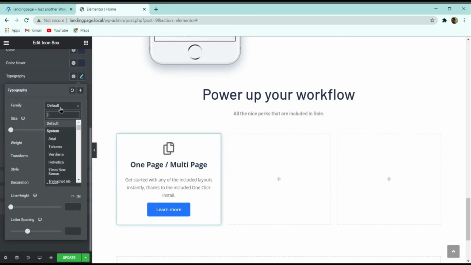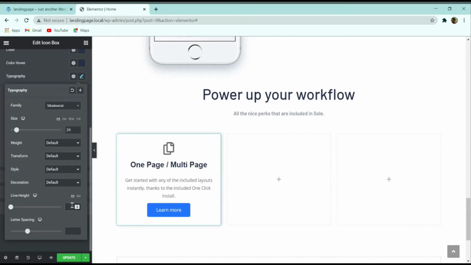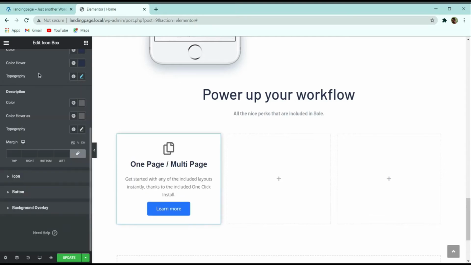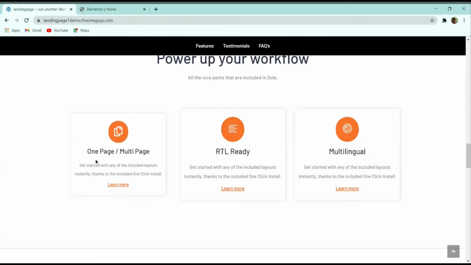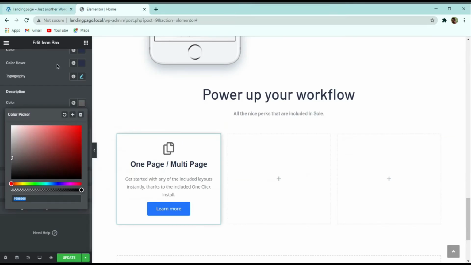Now for font family I will select Montserrat, and then size I will give 24 pixel, and line height I will give 30 pixel. And similarly for the description part, again I have to change the color. The color which I have used over here is 8E939F.